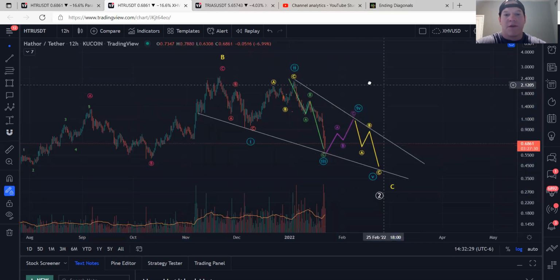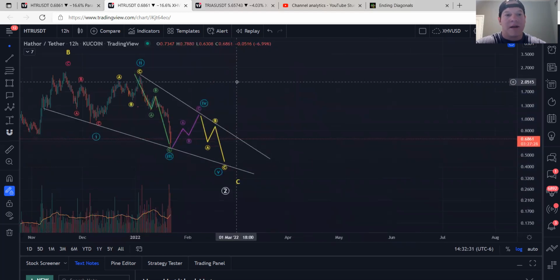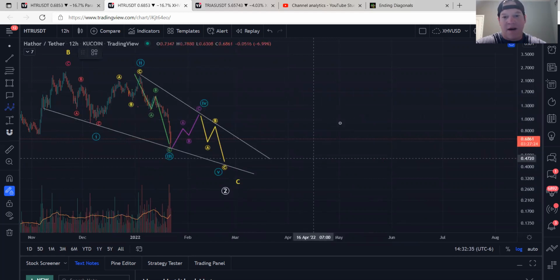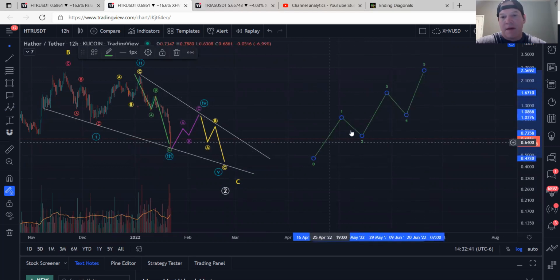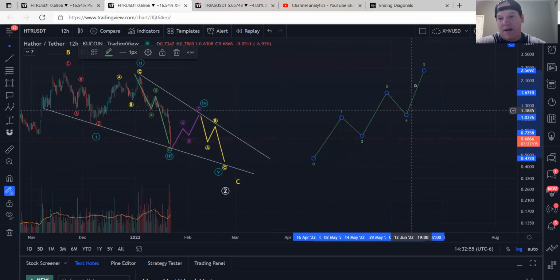So for those of you guys who don't know about Elliott wave structure, an impulse wave is a 5-wave structure like so. Now, a typical 5-wave impulse structure, a 1 wave is made up of 5 waves. A 2 wave is made up of 3. A 3 wave is made up of 5. A 4 wave is made up of 3. And a 5 wave is made up of 5. So this is a